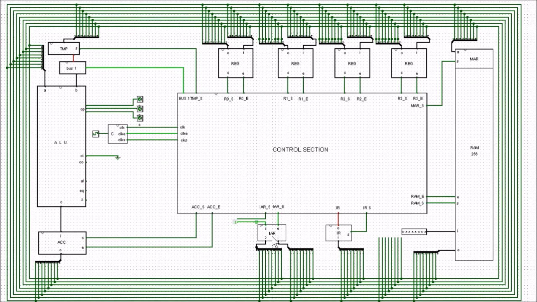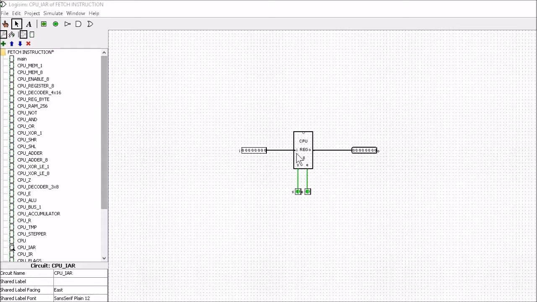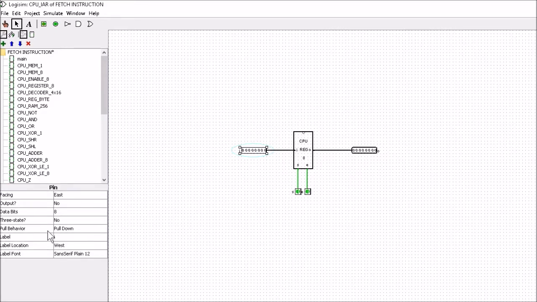But what controls the value that's actually coming into this bus at the moment? Well, if you get into the instruction address register here, now I'll just zoom out so you can see all the information. So at the moment, what controls the value that comes in here? It's all zeros, but I could get in here, and if I right click it, you'll see it says show attribute, and it's got pull down. I'll pull this up a bit so you can see it's got pull down behavior, so pull behavior, and it's